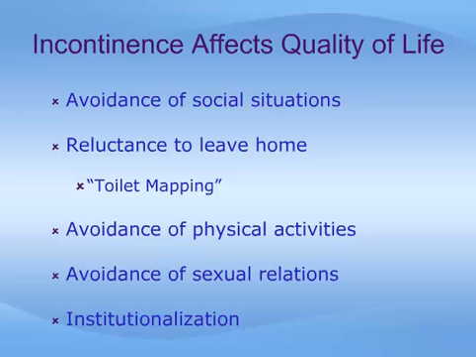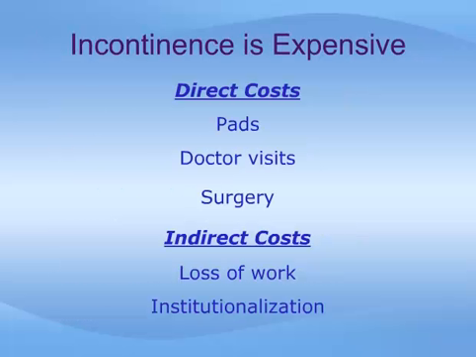Urinary incontinence affects individuals in a number of ways. Most importantly, this condition directly leads to a lowered quality of life. Patients with this condition often avoid social situations where leakage may occur. They withdraw from their normal physical activities, such as golfing or walking, and they may avoid sexual relations for fear of losing urinary control. Urinary incontinence is also, unfortunately, a major reason why elderly people are placed into nursing homes.